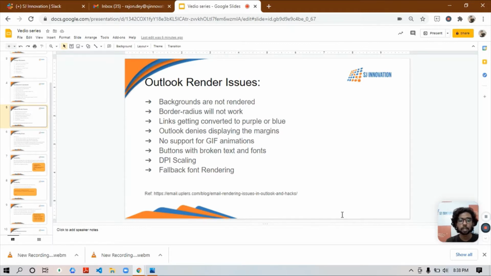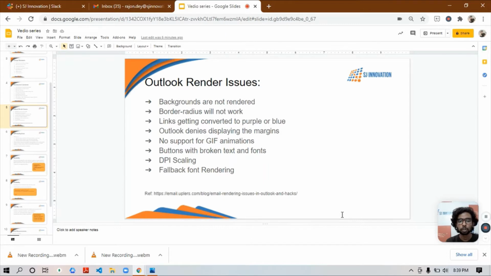Okay, the next thing is links getting converted to purple or blue. This is because links have their own color. Whenever you use any anchor text, there is a specific default color that an email template or any HTML file will get, and Outlook sometimes ignores whatever color you are using and just shows this purple or blue color, the default color of a link.